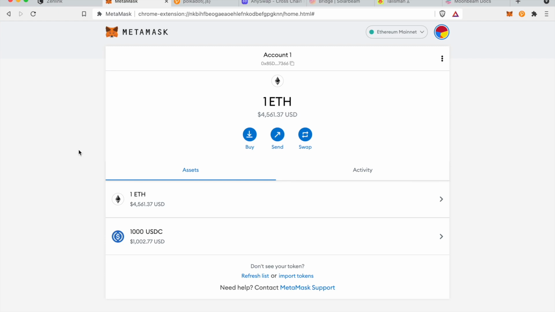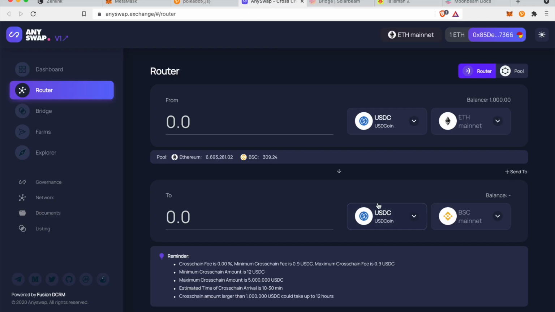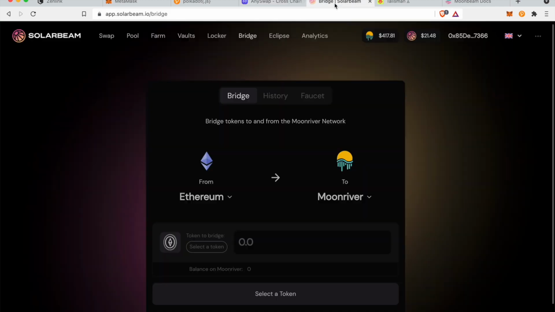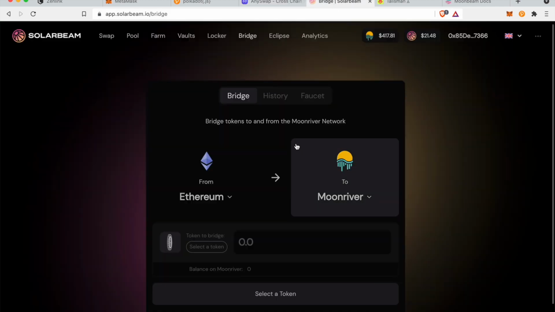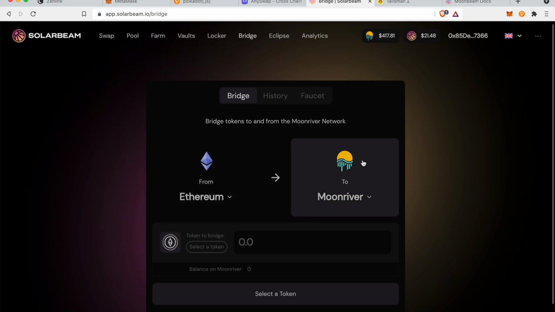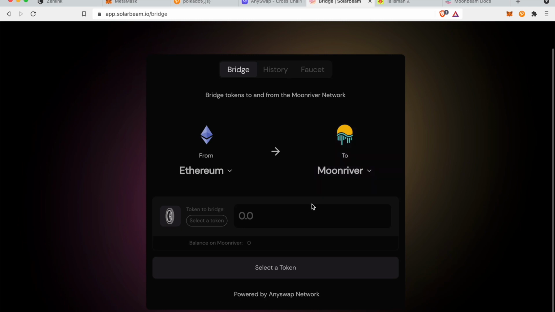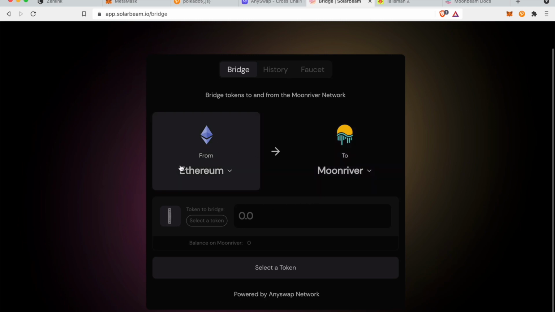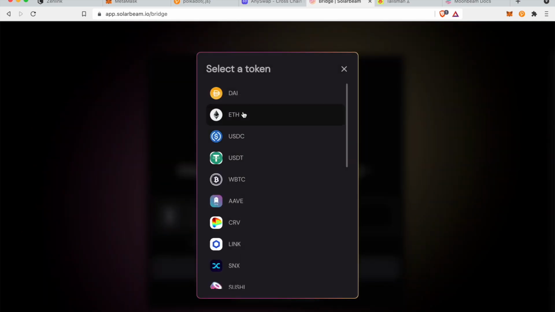So the next step will be bridging my assets from Ethereum to the Moonriver network. I have a few options here. I'm going to use AnySwap, but via Solarbeam. The reason is that Solarbeam has a faucet that will give you some MOVR, which is the Moonriver native token, and that is used for gas if you use their bridge. I think that's quite convenient because then I don't need to get MOVR from an exchange or something like that. So I'm going to bridge my assets from Ethereum to Moonriver,